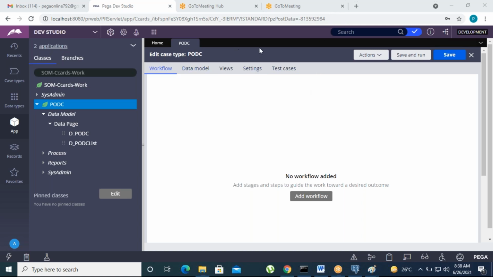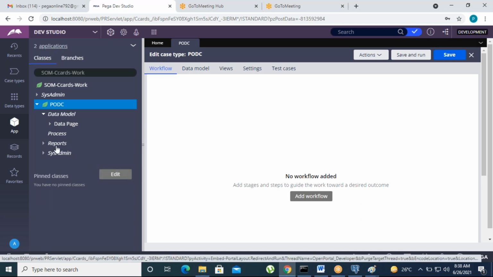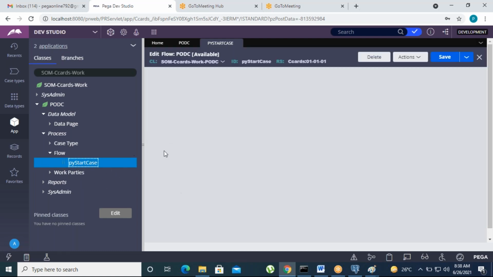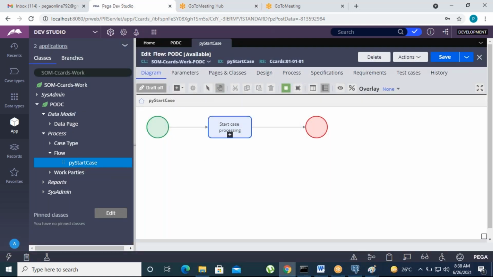So this is a data page, and then this is a process. So there is some py default case type. If you use 8.5, pyStartCase will not be there, there will be something else, like pyDefaultFlow, okay? Only names change, minor changes. So this is about some flow. This is the first process flow, okay? Whenever we run the case, this is the first executed process flow,